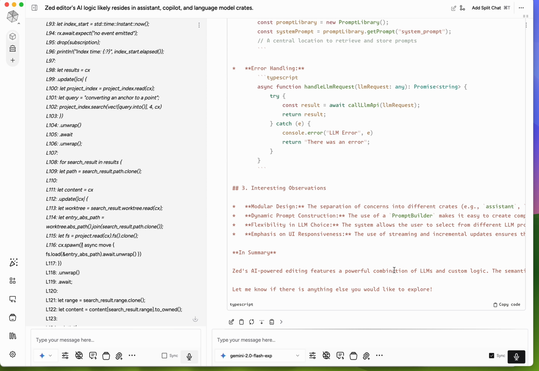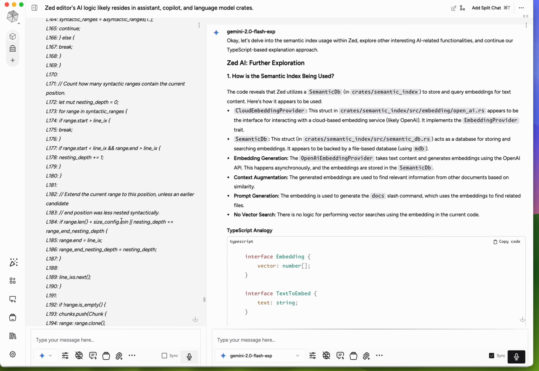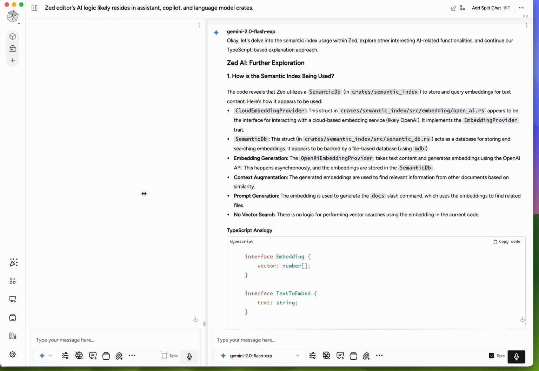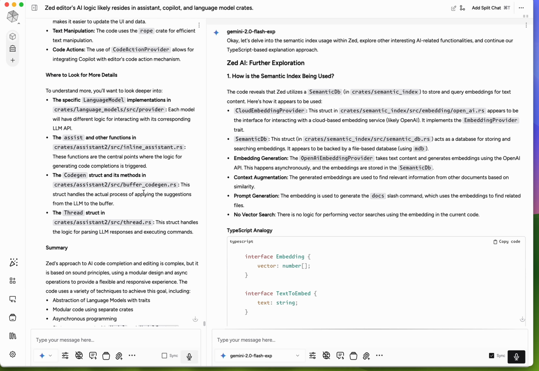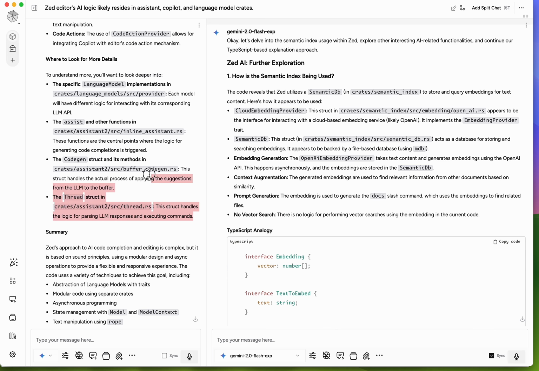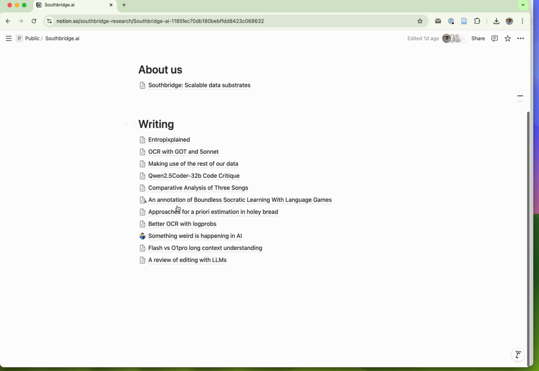I might look for specific, say, syntactic sugar changes. The TypeScript markdown formatting has broken in a few places, and that might need to get fixed. But that was mostly it, right? Now, in this case, the review of editing with LLMs is all the work that happened before, and that's across,